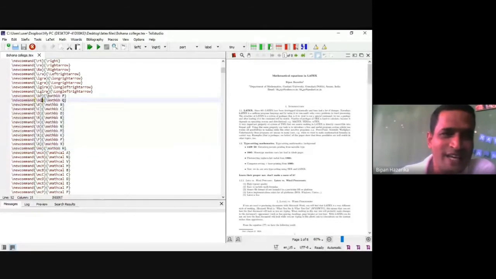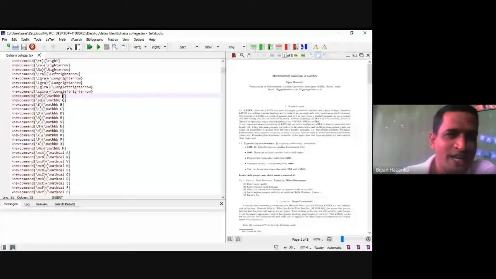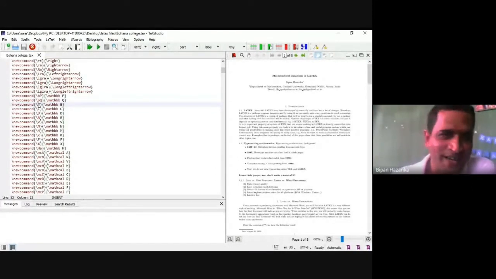So in place of \mathbb{P}, I write only \bP. \bP means P coming in the bold blackboard font. Similarly for Q, we write only \bQ, \bA, or \bM, and \bZ. So these are very short forms of using mathematical symbols in LaTeX. These are very useful shortcut commands.